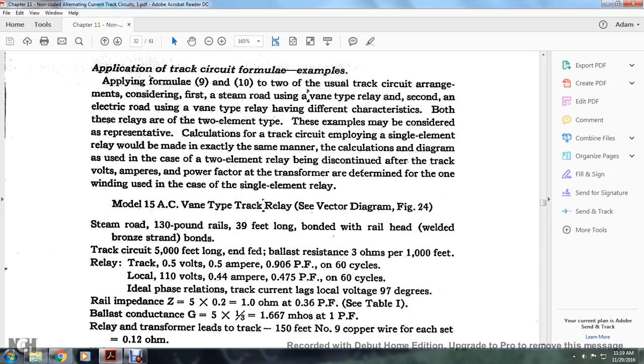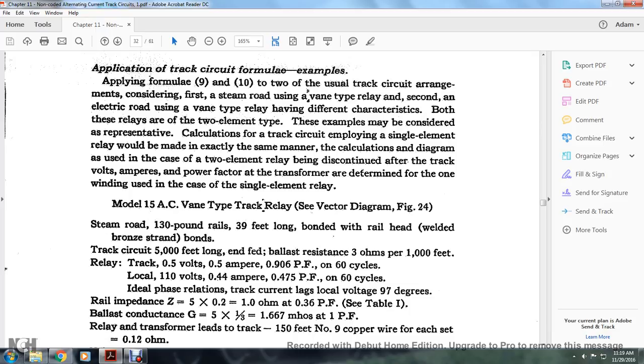24. Steam road, 130-pound rail, 39 feet long, bonded with welded bronze strand bonds at the railhead. Track circuit 5,000 feet long, fed at the end, with ballast resistance of 3 ohms per 1,000 feet. The relay track requires 0.5 volt or 0.5 ampere at 0.906 PF on 60 cycles. Local 110 volts at 0.4400 of an ampere,